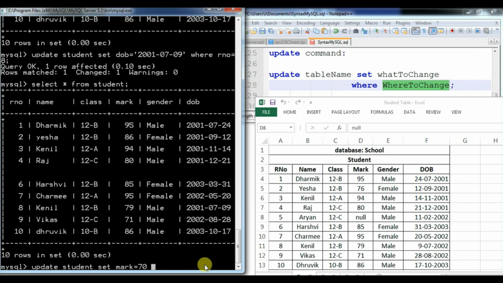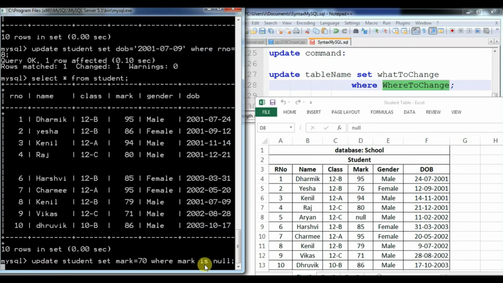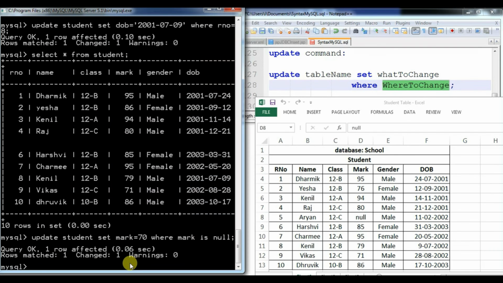You can directly write roll number equal to 5, but suppose you want to specify the condition with the NULL keyword, then you go with mark equal to 70 WHERE mark IS NULL. Wherever in your table the mark is null, it is going to change to 70. So I press enter. See, again, one row affected. Let's check it.